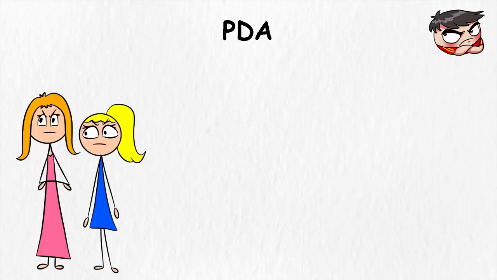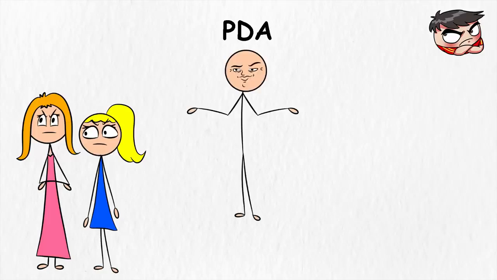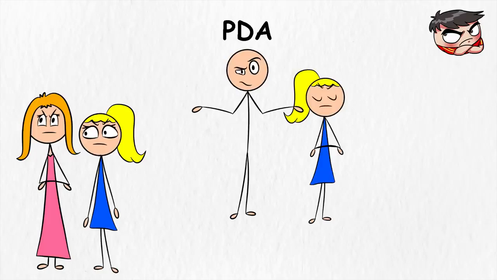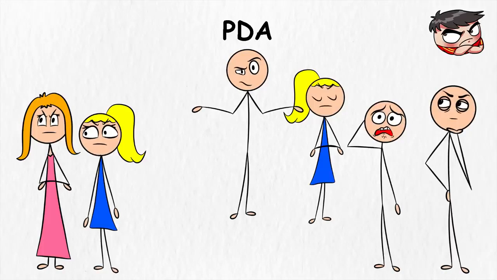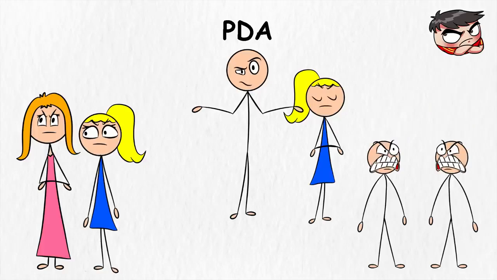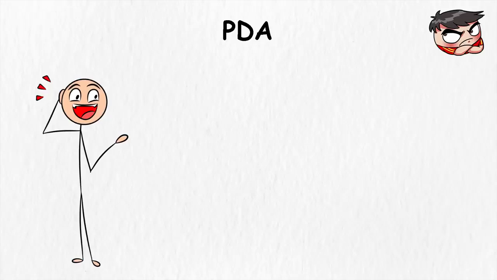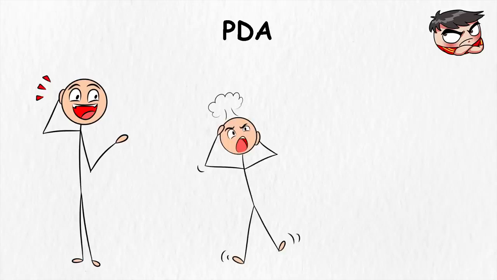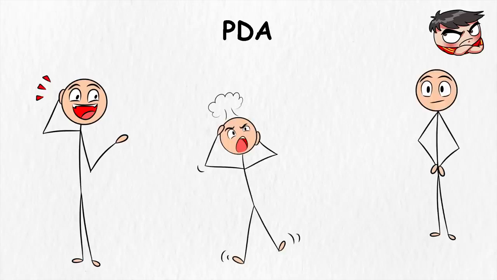Teens and adults with PDA don't grow out of it, they just get smoother. When asked to do something, they might forget, accidentally sabotage the task, or argue that it's an infringement on their civil rights. Their avoidance techniques can be so clever and creative that if it weren't so stressful for them, you'd almost want to give them a standing ovation.